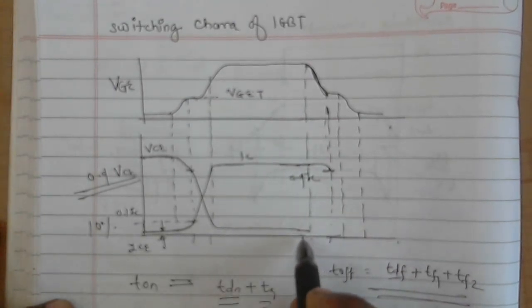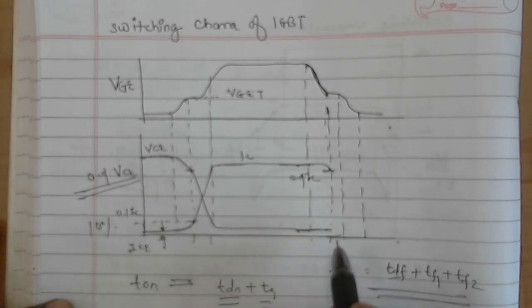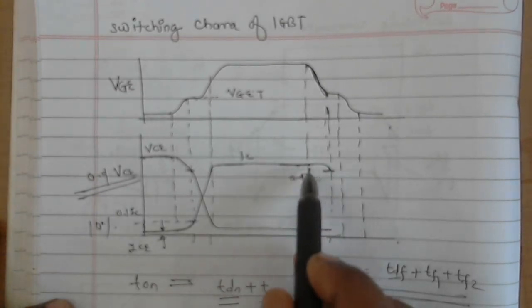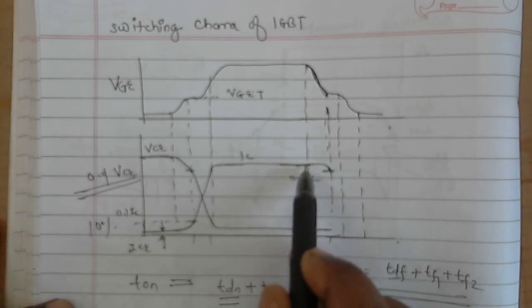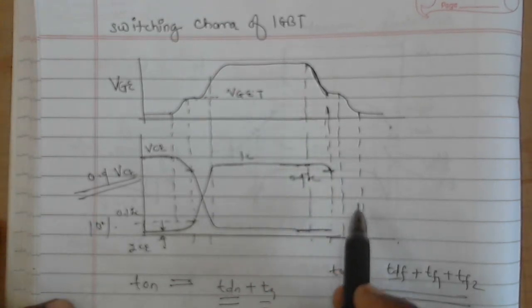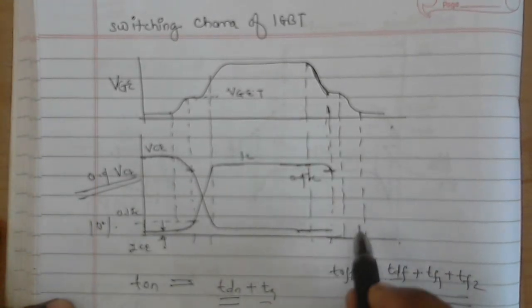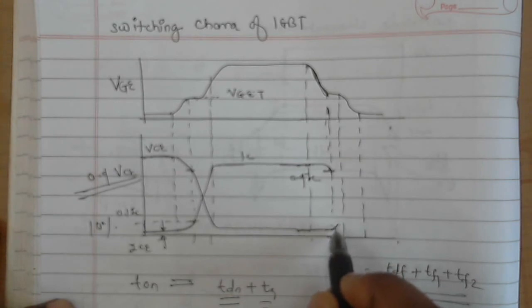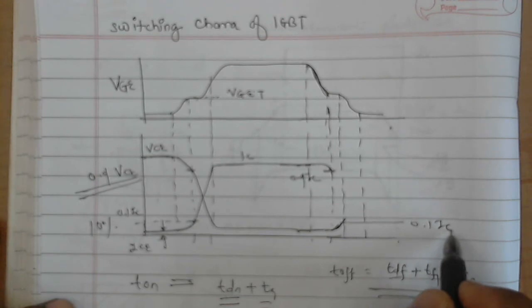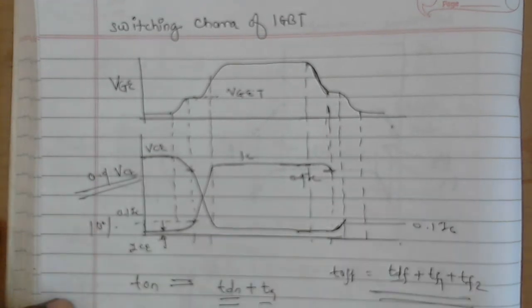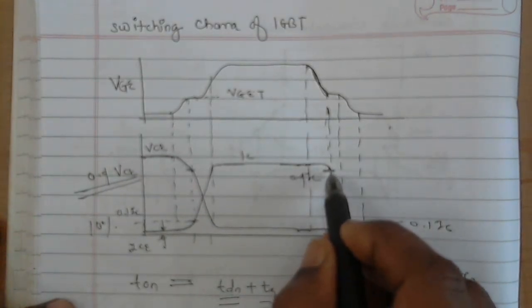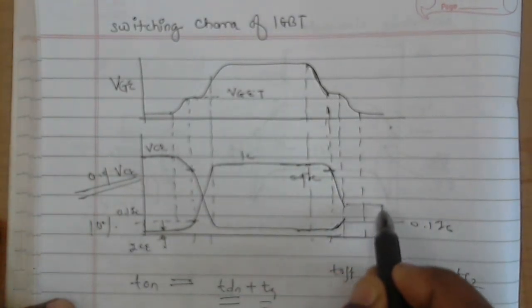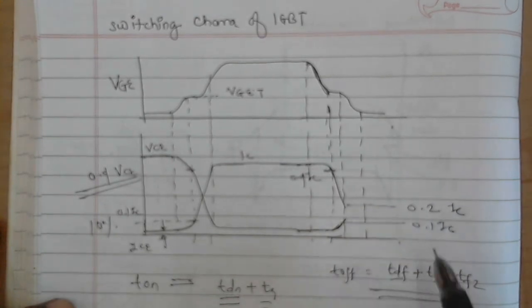Or else I can say, the leakage voltage will remain as it is. So this is the thing, when your current reduces from full value to 90% of its value. Second is the fall time 1, TF1. Now TF1 is the time in which voltage starts to increase. So voltage increases to its 10%, and current decreases from 90% to 0.2, means 20% of its value.